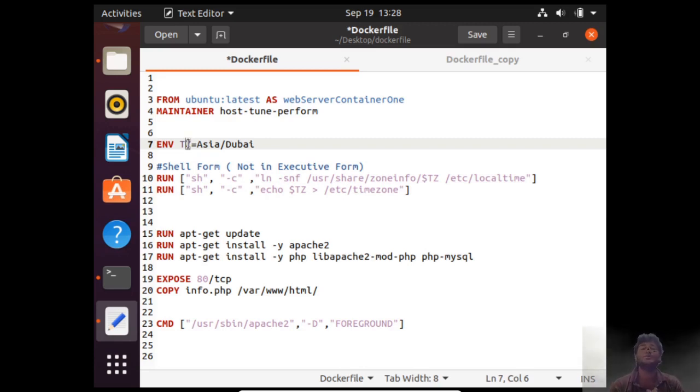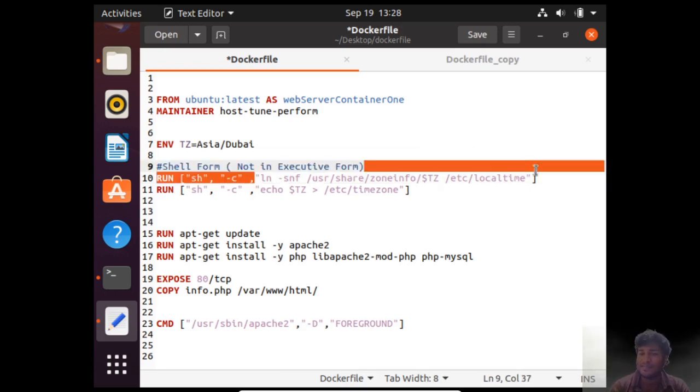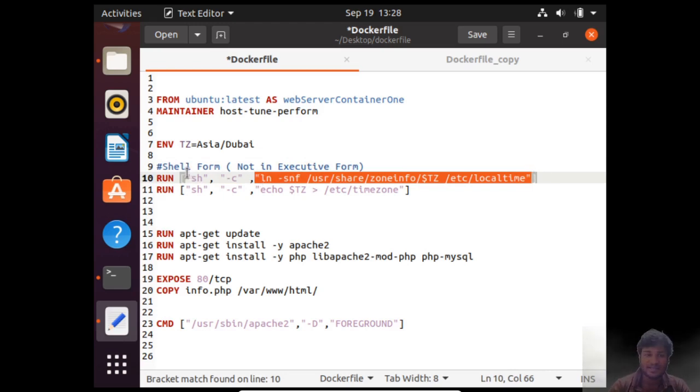An environment variable always belongs to the shell, and that's why, if we do not do this in shell form... this is the shell form. We are saying please run the shell command. So this is the first parameter, and this is the second parameter which we are passing. This is the command, then the first parameter and the second parameter.